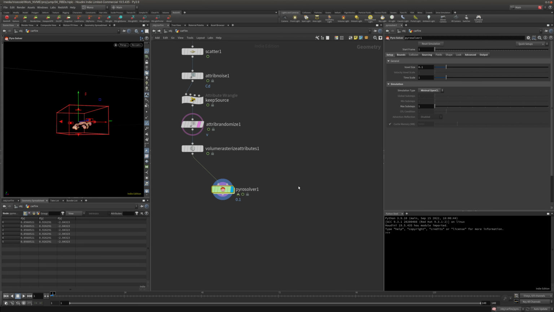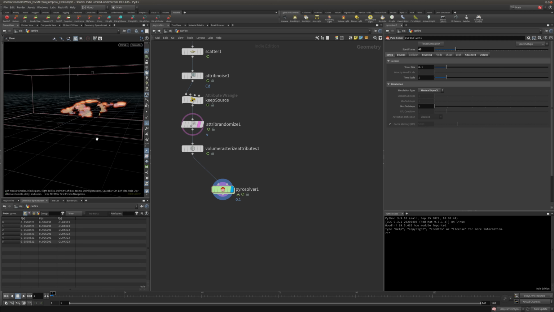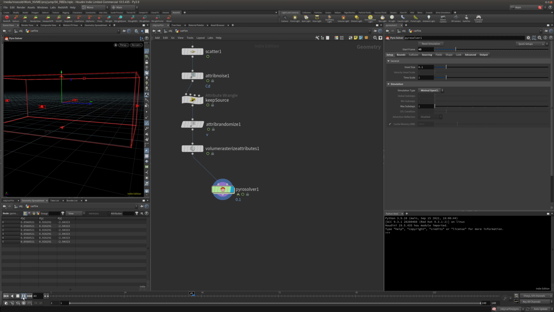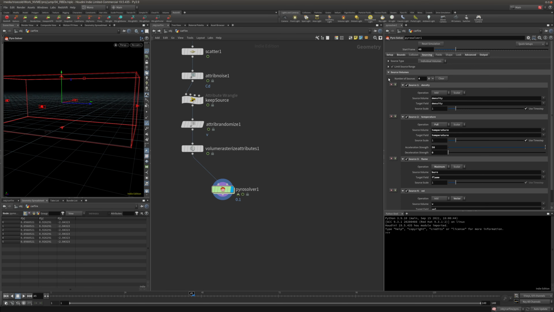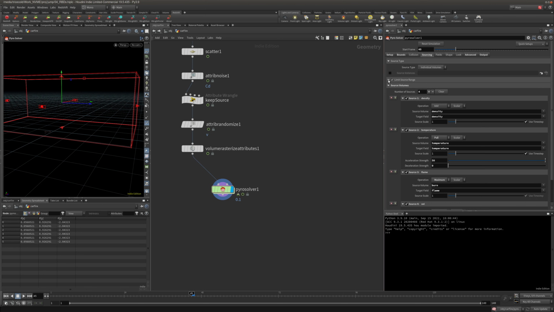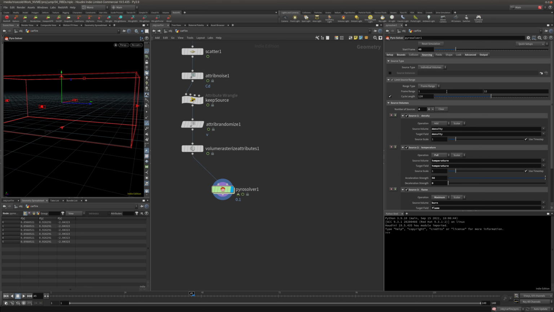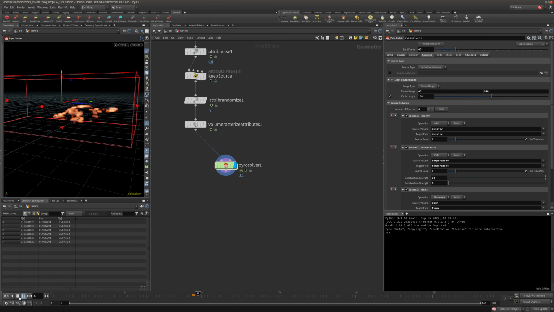And let's set maybe the start time to 45 because we're not going to see it before anyway. Okay, for testing purposes, let's just press play, see what happens. And nothing happened. And why? Let's have a look. Now my voxel size is correct, my time scale is correct. Oh, sourcing. Okay, yes. We would like to source from 45 until 140. And I don't need this to be cycling. So if I press play again,